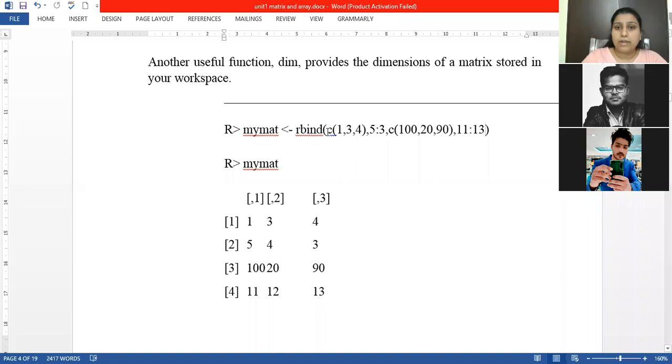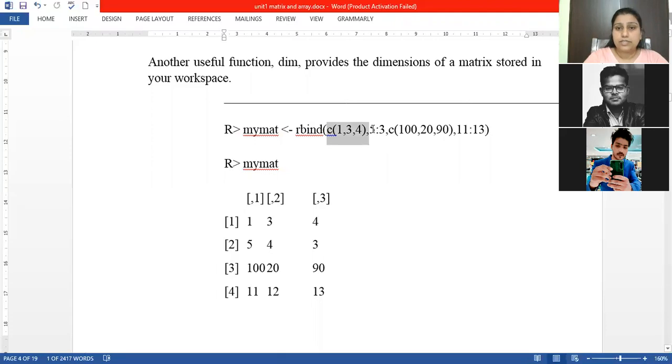As we use rbind, all the vectors stored here will be filled in row manner and will form a matrix. If you print mymat, then what happened? The first row is 1, 3 and 4. The first vector comes to the first row.